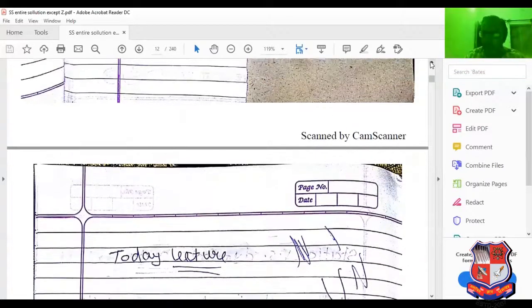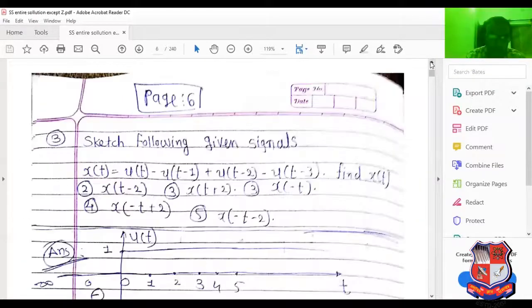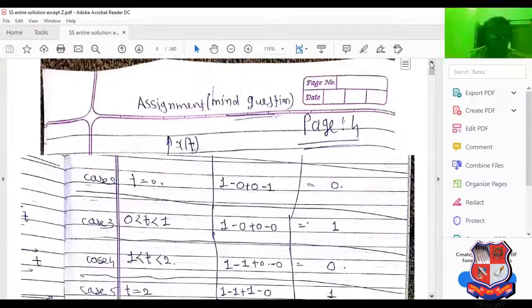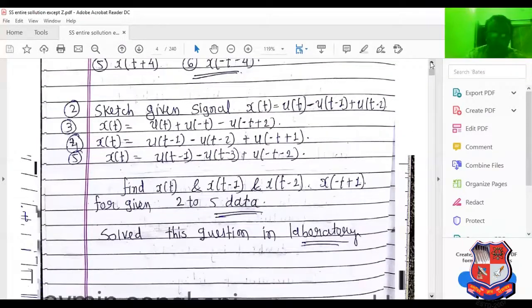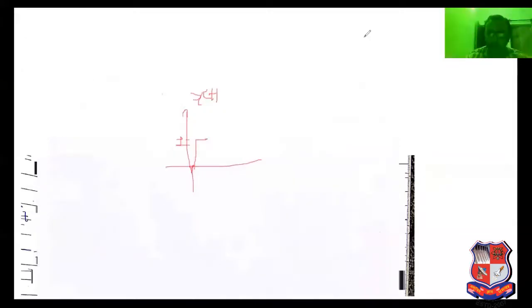So try to solve this example. Try to solve this example by your method. See this, this is the first example. Try to solve it your own way, and this is the second example. So please solve this very carefully based on the lecture. You have to be able to understand the basic signal operation. Now, this basic signal operation can be applied onto which system? System means what? It gives the relationship.